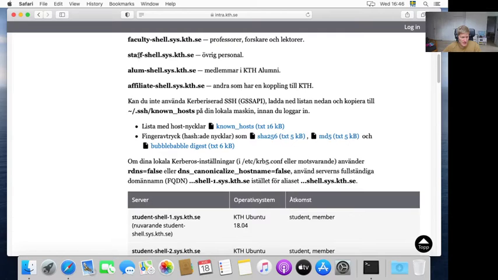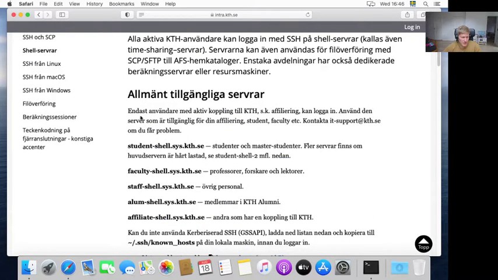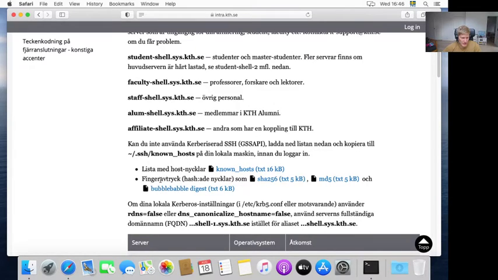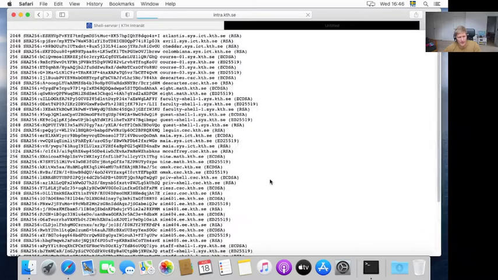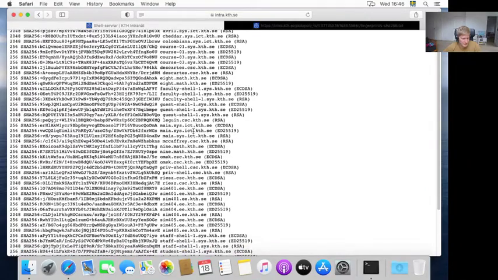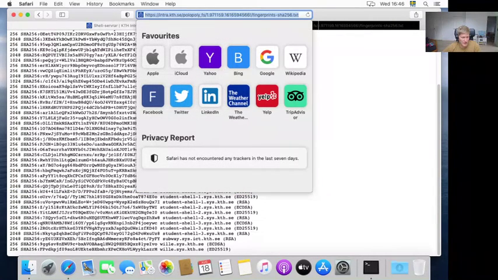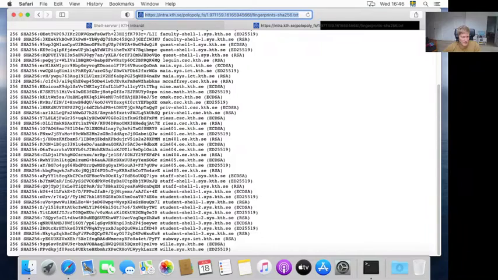And yes, we see that up here we have student shell. If we scroll down, we see that we have the fingerprints for the keys. And we remember from the terminal, it said SHA-256, so we pick that one. And now we want to find student shell, because this one contains all the servers that KTH has. And we see student shell starts down here. So let's switch back to the terminal